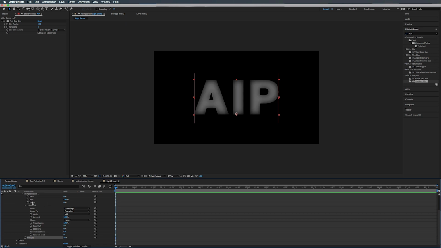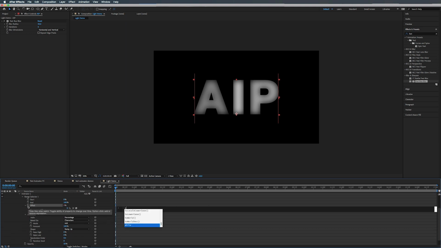And then under offset, rather than making keyframes and animating this, we're going to do another thing, and that is add an expression, a wiggle expression. So we can do that by alt-clicking on the stopwatch here for the offset, and we can type in wiggle,